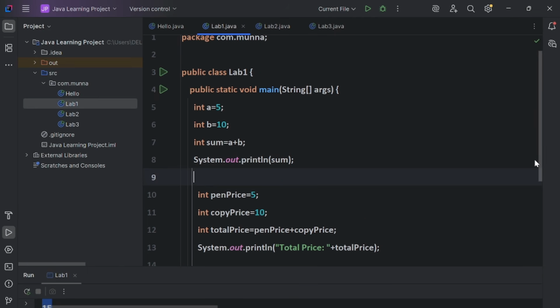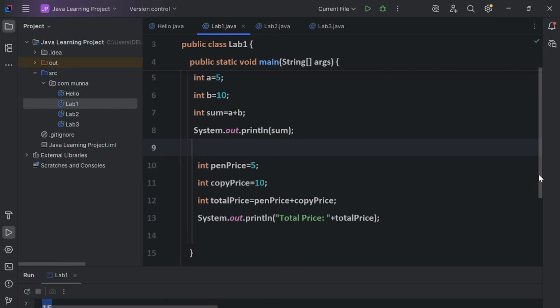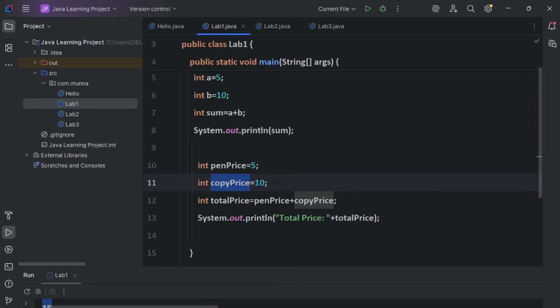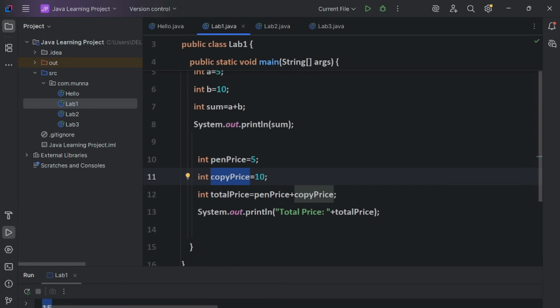This is a very important point, guys. Why I showed this is that we should declare all the variables with a meaningful name and in a standard way. Here we are writing camel case. Usually they prefer camel case. This is more understandable for anyone, and for yourself also while developing any application.